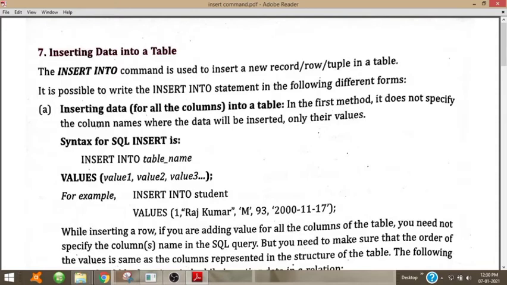There are four possible ways of insertion. The first method is inserting data for all the columns. We have a table in which we are inserting data into all the columns. In this method, we don't have to specify the column names. So we can write the statement just as